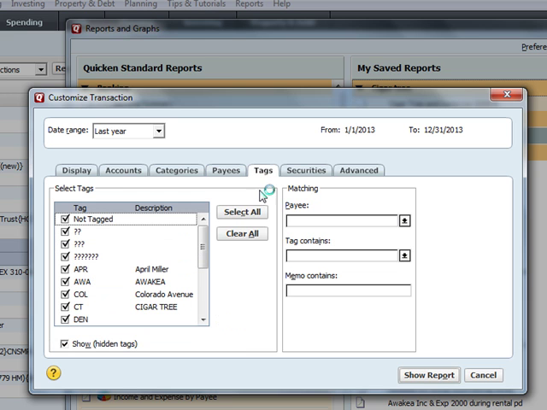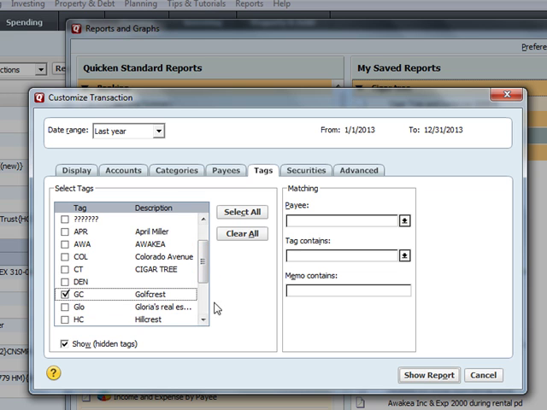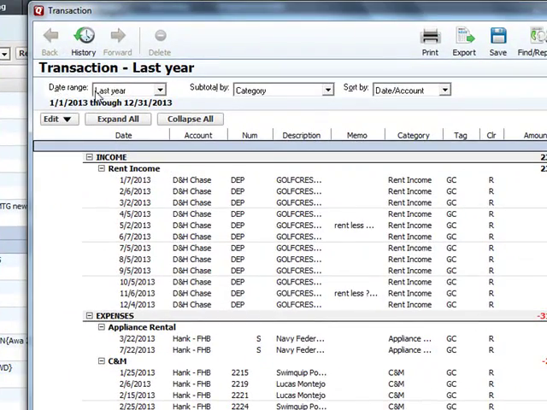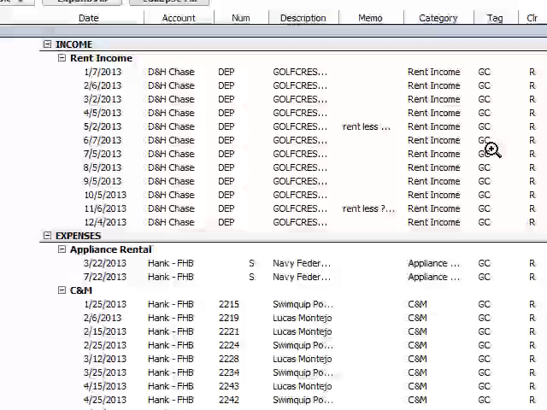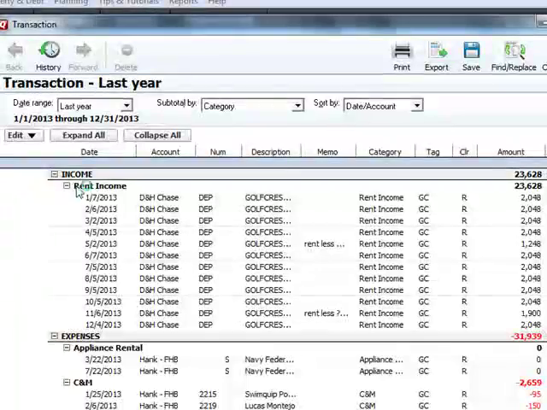But when you get to tags, you clear all, and then you pick the property that you are going to produce a report for taxes. Let's pick Golf Crest. You put a check mark there. And now you click Show Report. And you see that we have transactions last year for everything that has GC in the tagline, subtotaled by